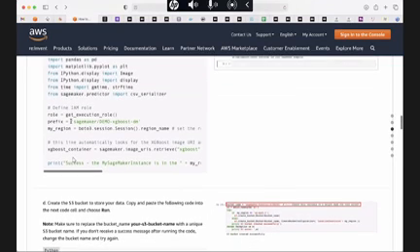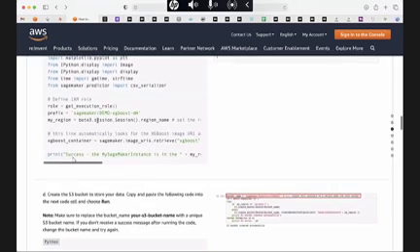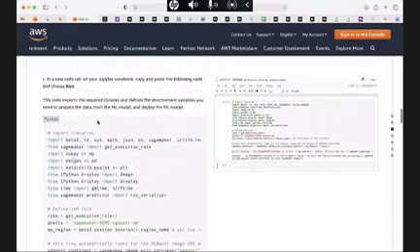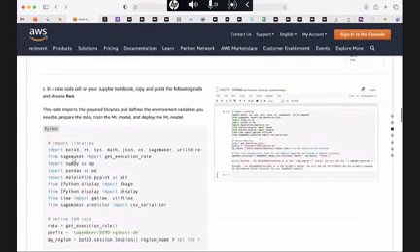And then we have to define the IAM role. And we are going to use the XGBoost algorithm. Now, the documentation here is not great.